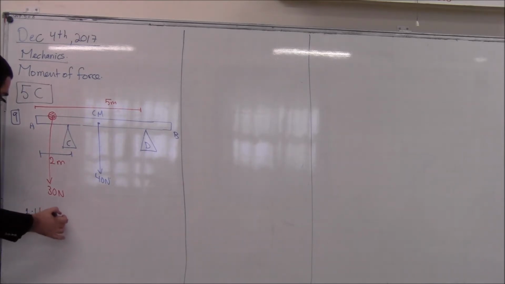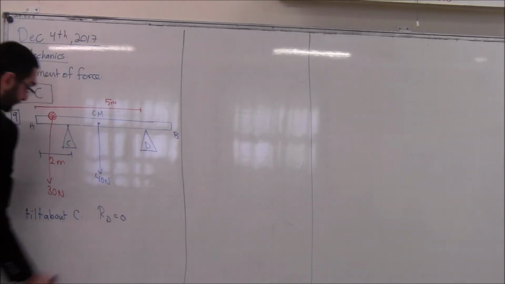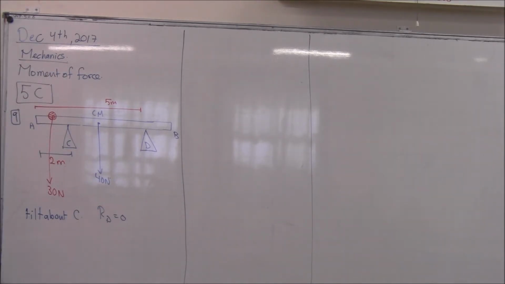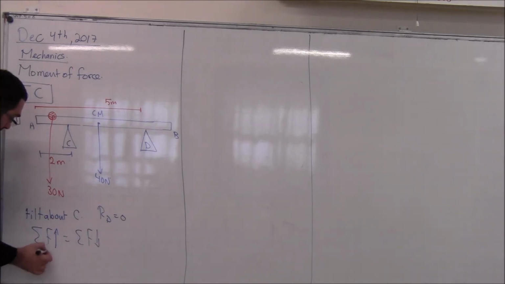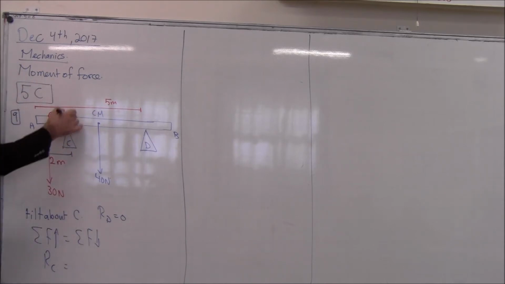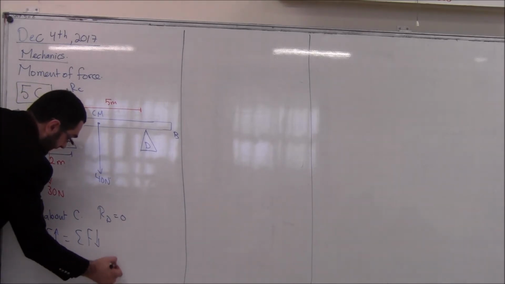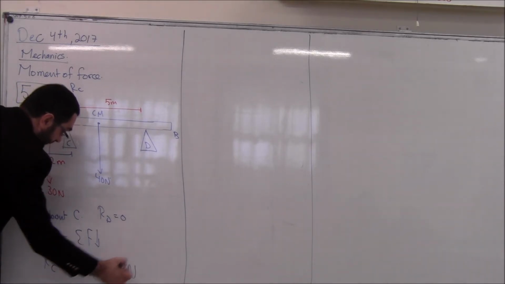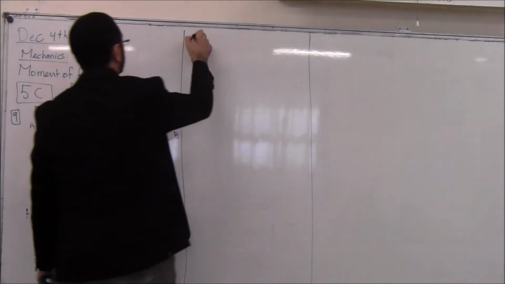It tilts about C, so RD equals 0. Sum of forces up equals sum of forces down. We have only RC, which equals 30 plus 40, which is 70 newtons. This is RC. If I take the moment about